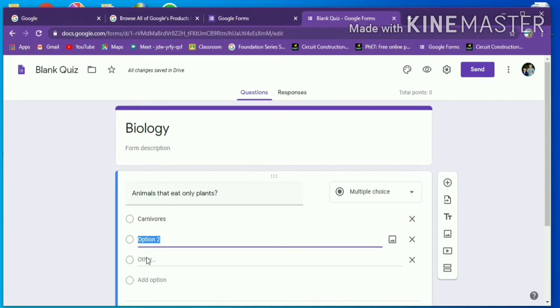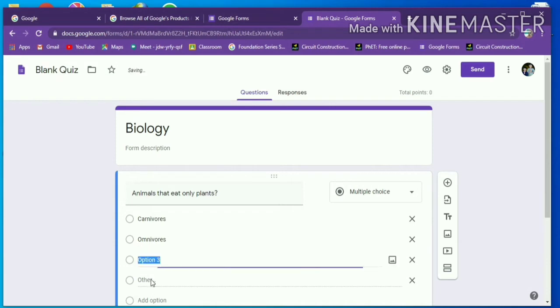I typed carnivores. Now I am going to type omnivores. Again click add option. Now I am going to type herbivores.